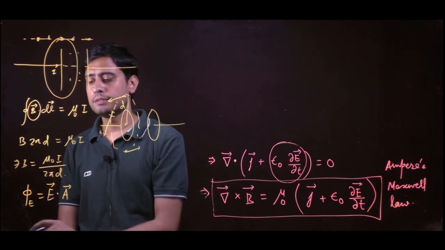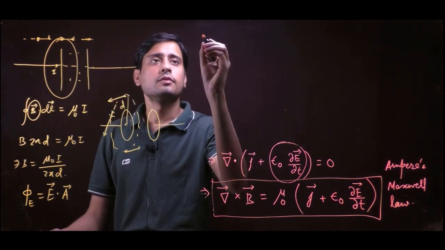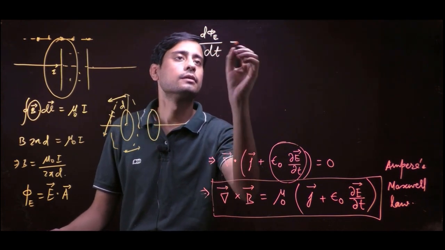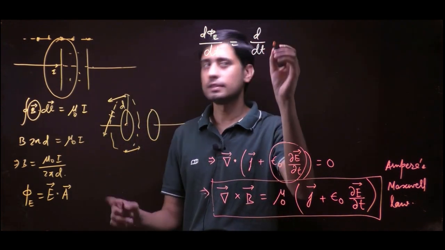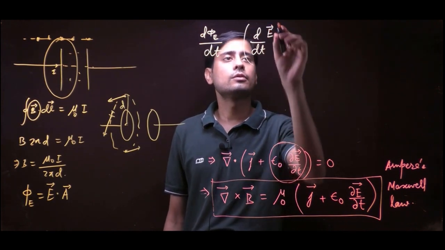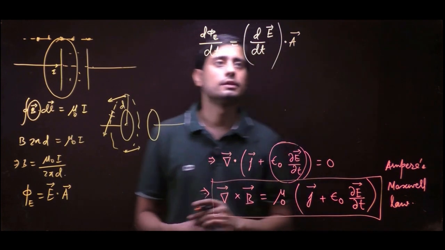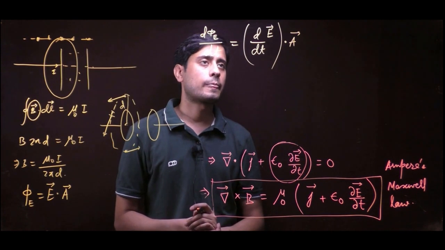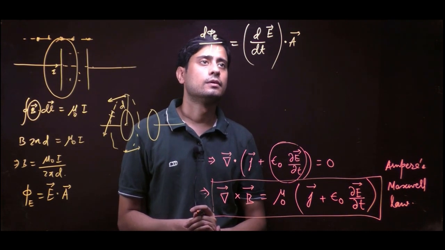So let's find the derivative of this electric flux. If you calculate the derivative, d phi E upon dt, you will get d by dt of this E dot A term. But there is no need to differentiate A because A is constant, so just take it outside. So this is d phi E by dt. Now this E can be written as